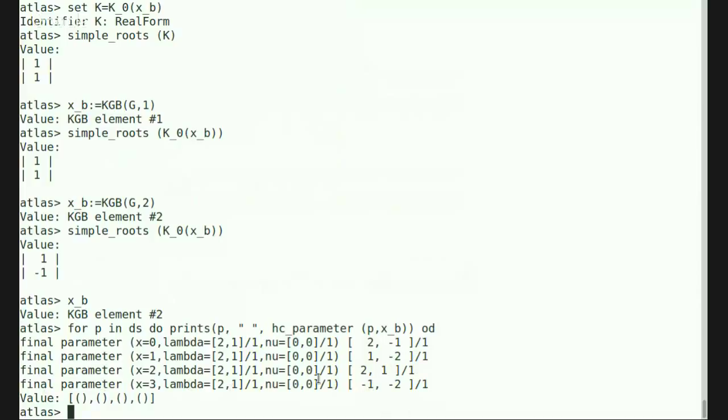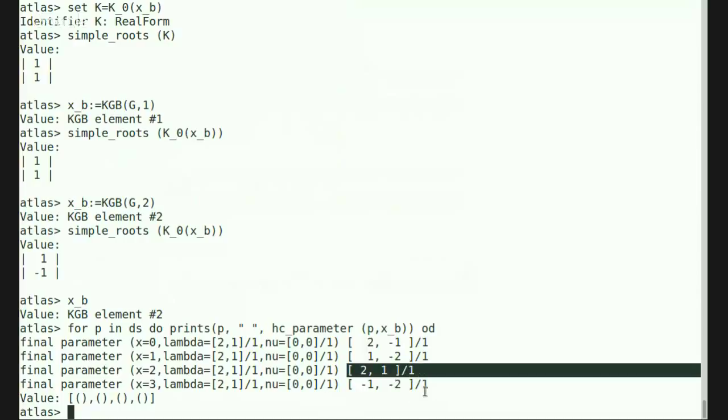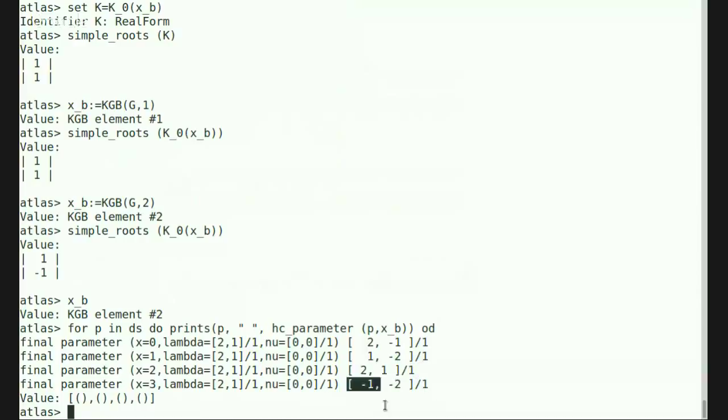This guy right here, with Harish-Chandra parameter 2, 1, that's the holomorphic discrete series. This guy here is the anti-holomorphic discrete series. And these two are the large discrete series, this one and this one. So to check that, there's a little bit of additional information I could do. Let's look at the